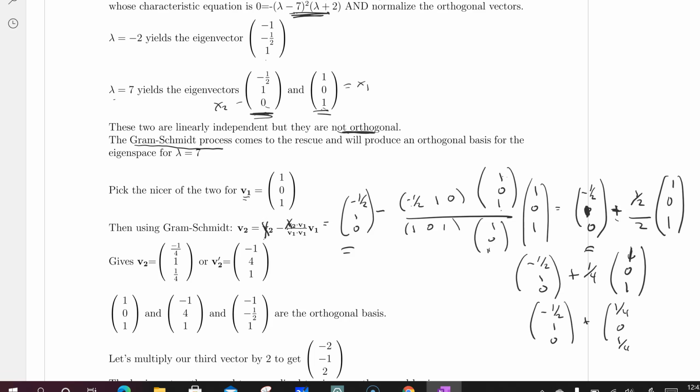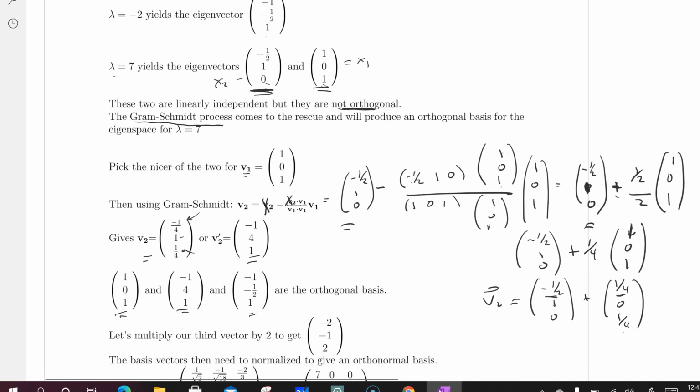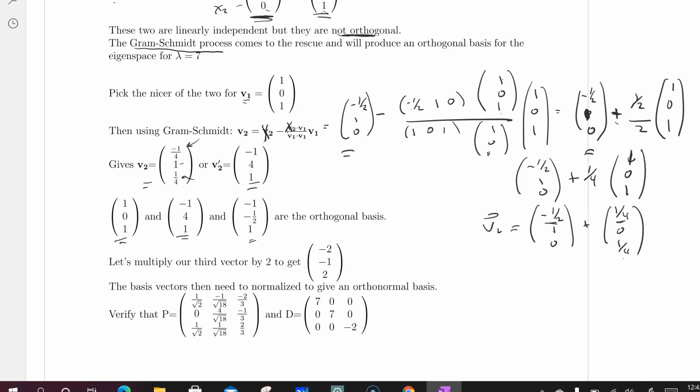1/4, 0, 1/4. Adding a negative 1/2 and a positive 1/4 gives me a negative 1/4. 1 plus a 0 gives me a 1. A 0 plus a 1/4 gives me this. So this is my V2, my orthogonal vector. And you can adjust these vectors, so I'm going to multiply that by 4 to get to here. These are the two that I just made orthogonal, and this one is automatically orthogonal. So these three, and I'm going to make this one nicer by multiplying it by 2. These three are my